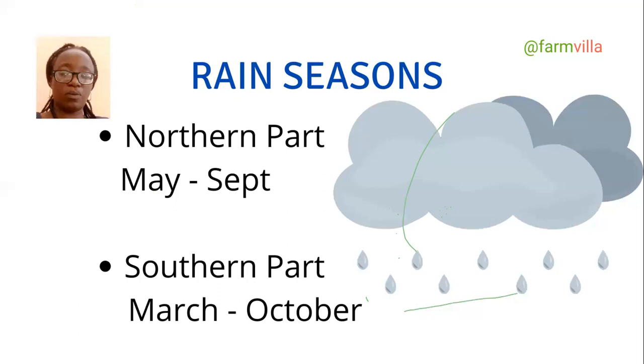In the north, they have rain between May and September. In the south, we have between March and October. But some places in the north have a smaller rainfall pattern, so they build irrigation for it. It's not even only the north; we have dams and irrigation around. But the north use their own irrigation systems because they know they don't have as much rainfall as we in the south and southwest. So they are maximizing their own source of water, unlike us.